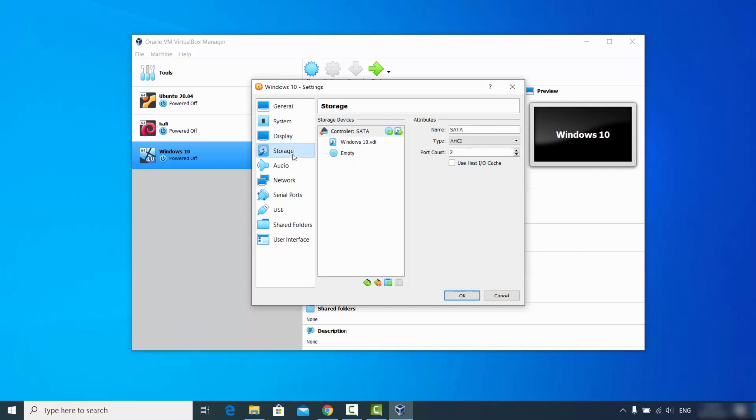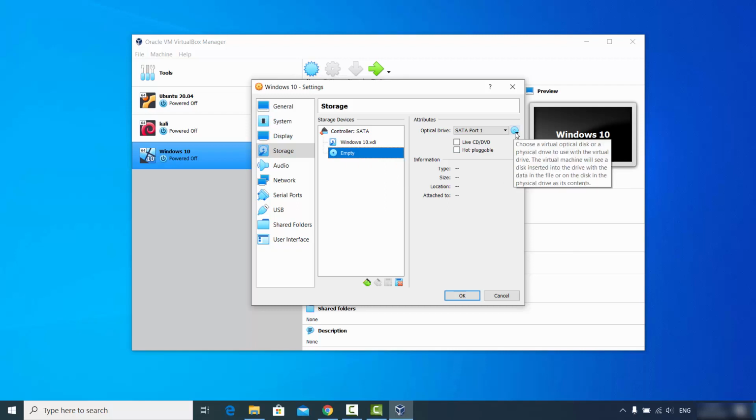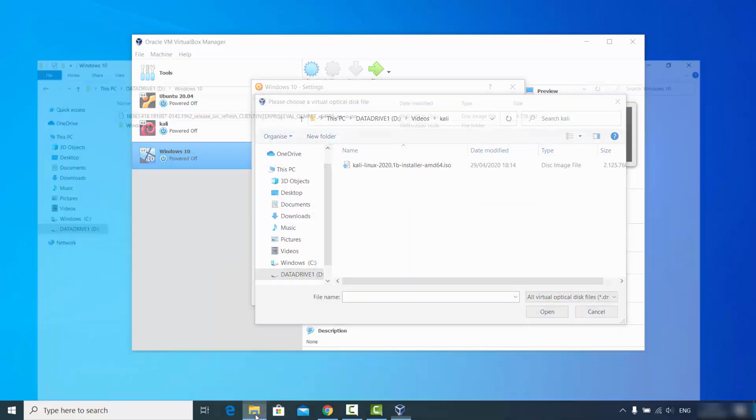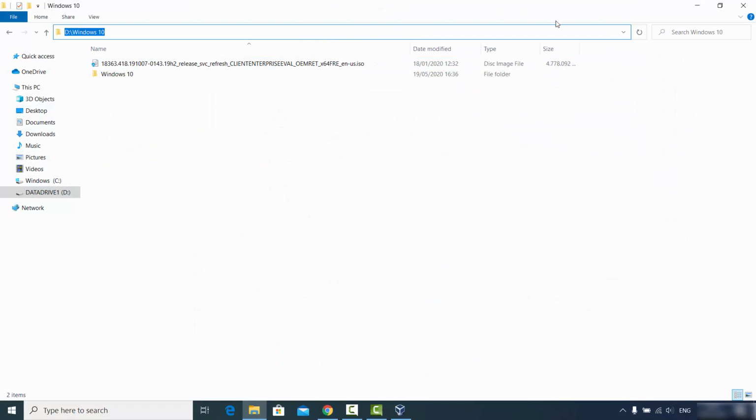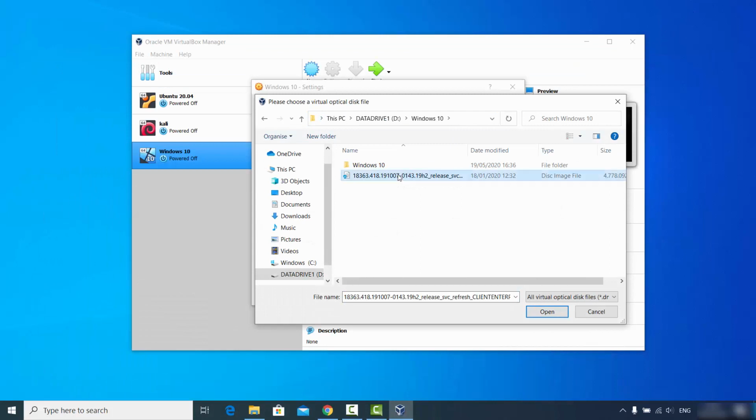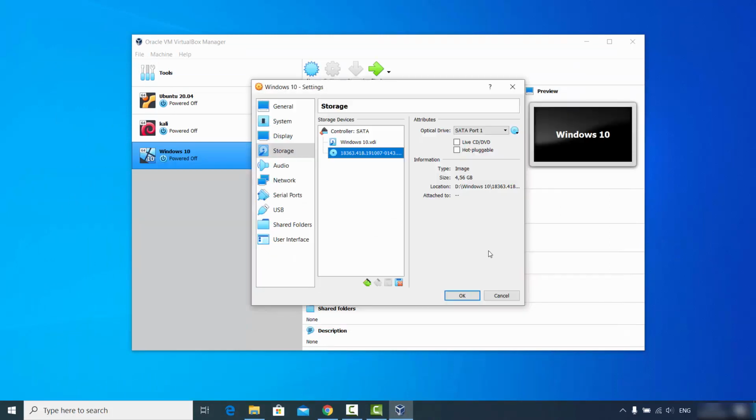In the storage, what you need to do is you need to click on the empty option here, and then click on the CD option. So just click on this CD option and then click on choose a disk file. Okay, so click on choose a disk file and then choose the location where you have downloaded your Windows 10. So I'm going to just copy the location where I have downloaded this Windows 10 ISO file, and then select this ISO file which you have downloaded from the Microsoft official website, or you have bought this ISO file from some valid